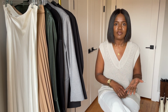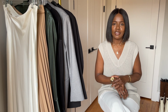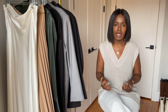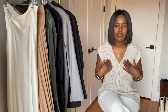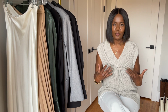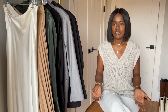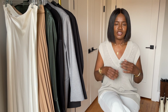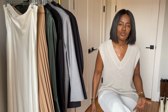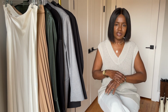When I really want to look expensive, I take off my Apple Watch, and I pick up one of my nice classy watches, a metal watch or a leather band watch, and I put that on, pulling my look together. You see this simple knit vest, I put on a nice little classy simple piece of jewelry, and it just pulls it all together, giving me a much more elevated, much more expensive look than if I just had on my Apple Watch and a big chunky link chain around my neck. It would just look very casual, cute probably, but putting on the nice delicate pieces just classes it up,